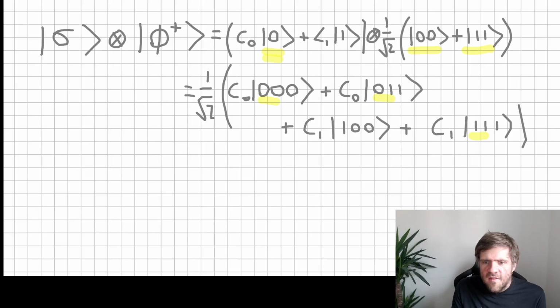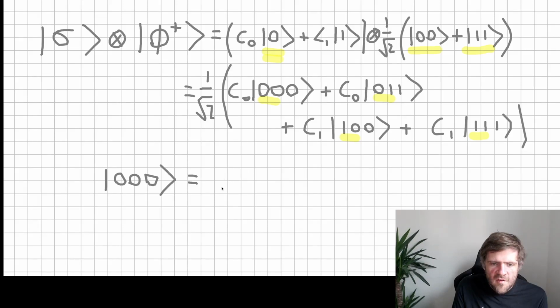This term and this term are going to be involved with the psi parts because they're anti-correlated. So explicitly the 0, 0, 0 term is going to turn into the superposition of